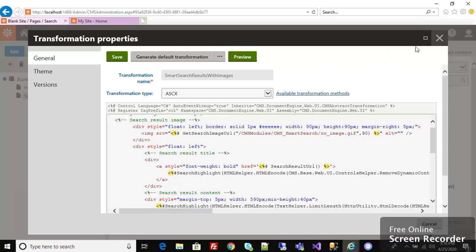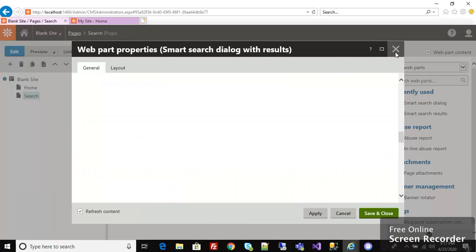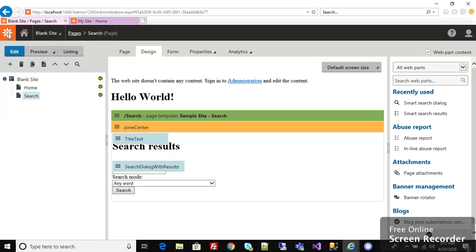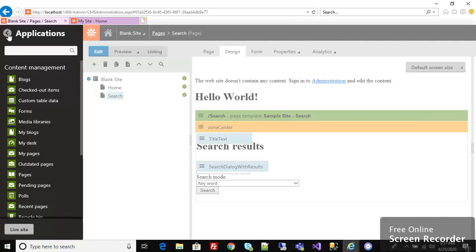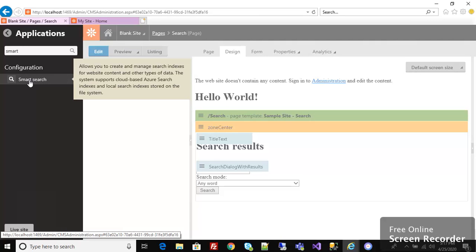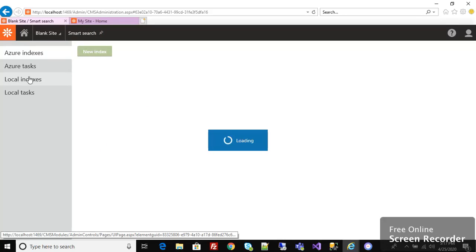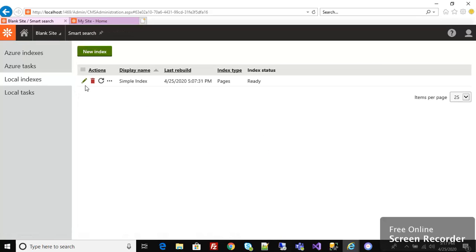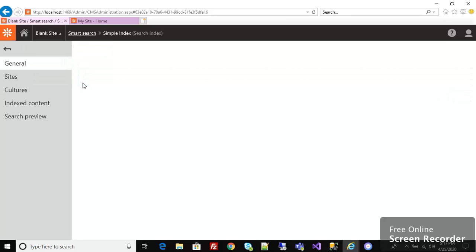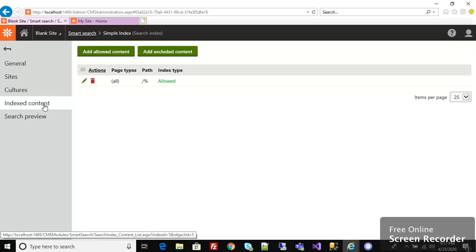Now one more important thing: if you want to exclude any page from search, you can do that via add excluded content. In that case, go to the smart search again, open up your locally created index, go to the index content and click on add excluded content.